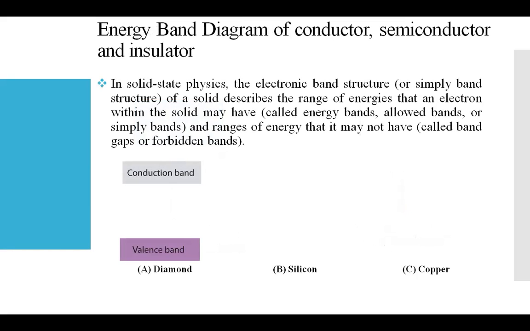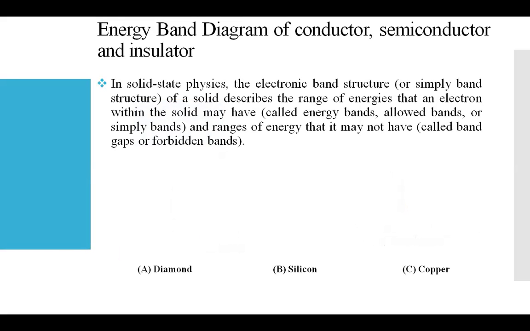The energy band diagram, as I told you at the start, is what we are going to discuss here: the energy diagram for the conductor, semiconductor, and insulator. If you understand our previous discussion about the model of insulator, conductor, and semiconductor very well, you can easily identify the energy band for each structure.